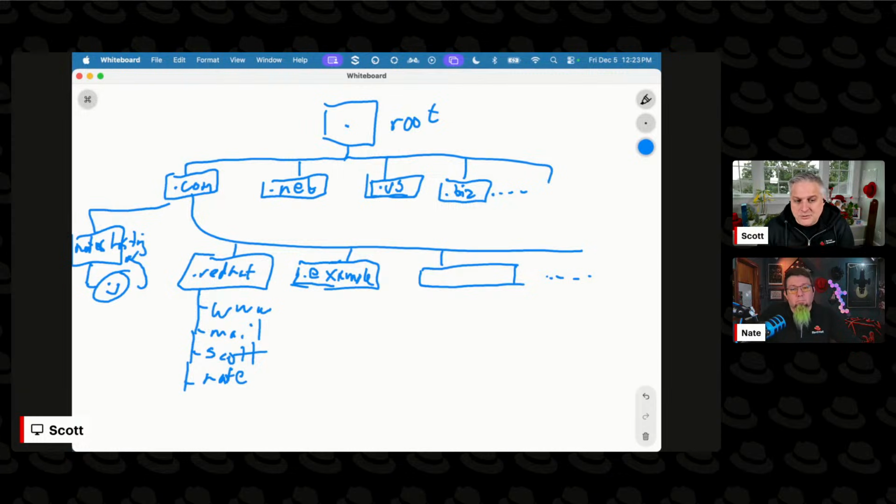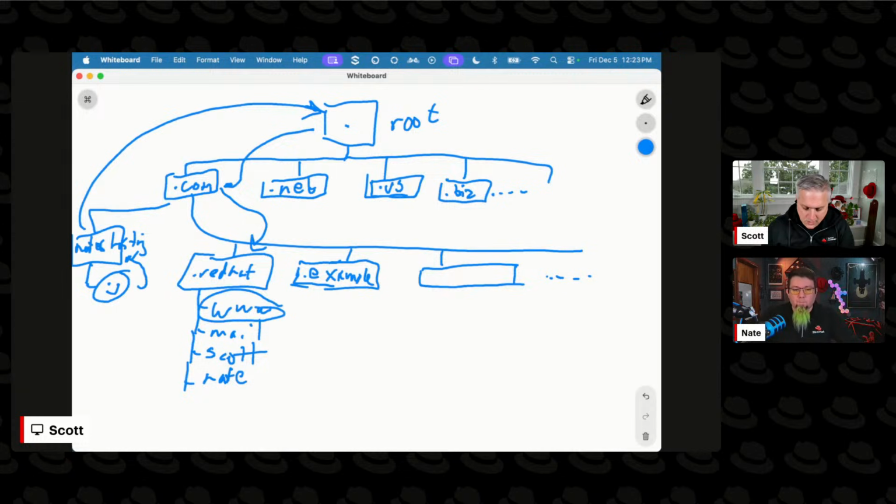And so if you're looking up, say, www.redhat.com, your local DNS server is going to go, oh, I don't serve records for that. And it'll then either go up to .com, or more likely it'll go out here to the roots, who will be like, oh, you want to talk to this person. Who's like, oh, you want to talk to this person. And then it retrieves the record that you want, and it kind of passes back through.